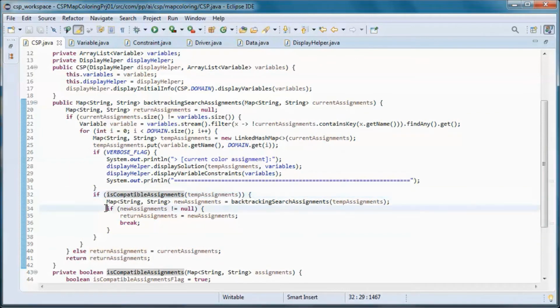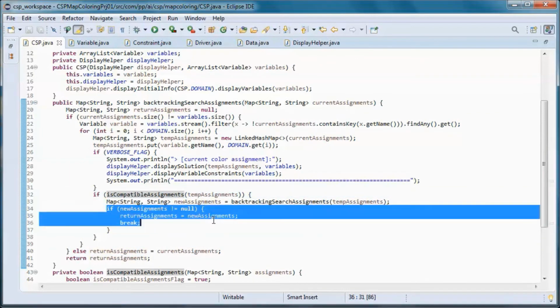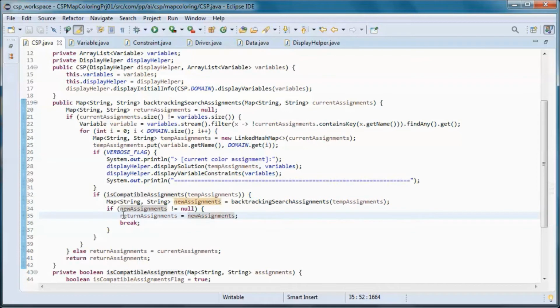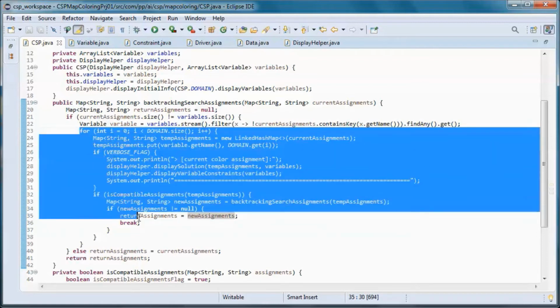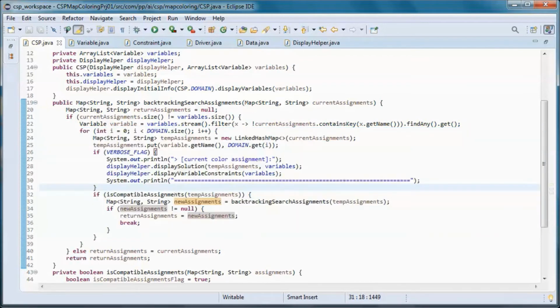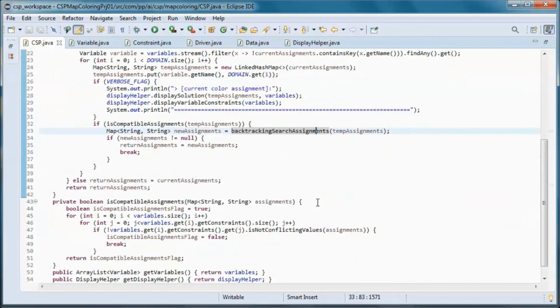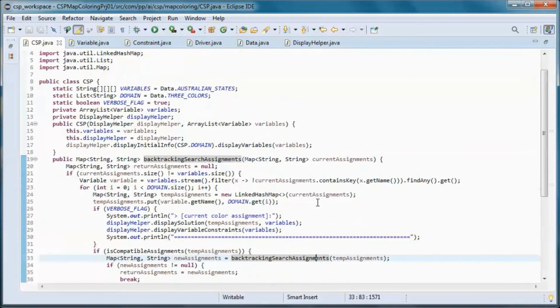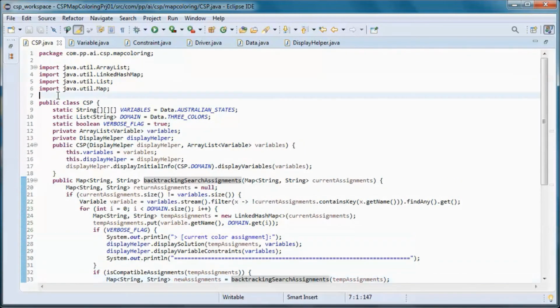So if new assignments is different than null, then we return what is returned from here, and break out of this loop. And this should do it for this class.